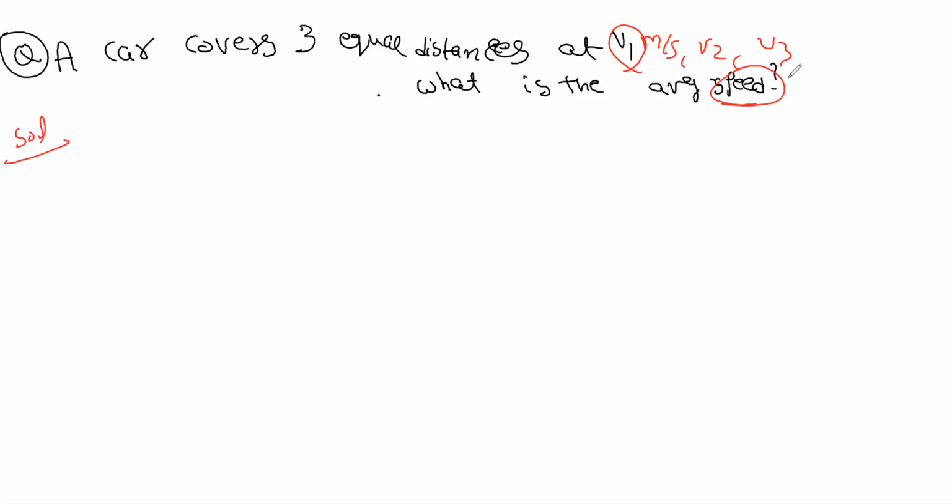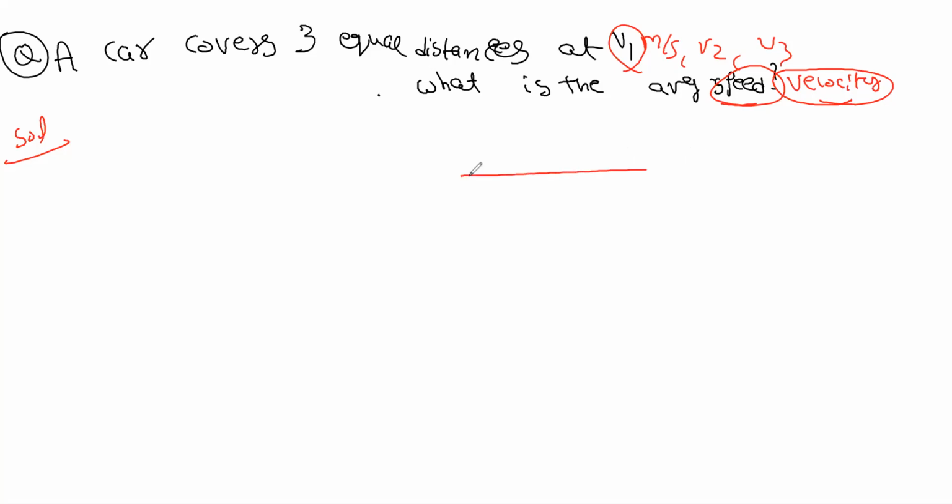Whether it is average speed or average velocity, because it is a straight line, both will be the same. Because it is not again coming back, then we have to subtract. Okay, we will do the next question of this. So first, how to solve this one? Same formula, last question.